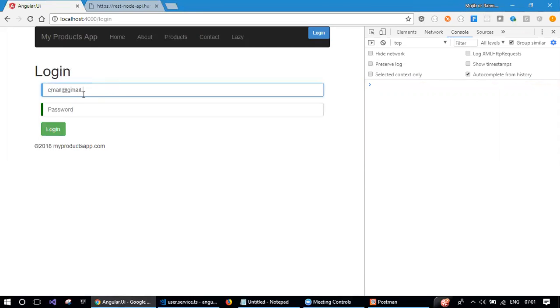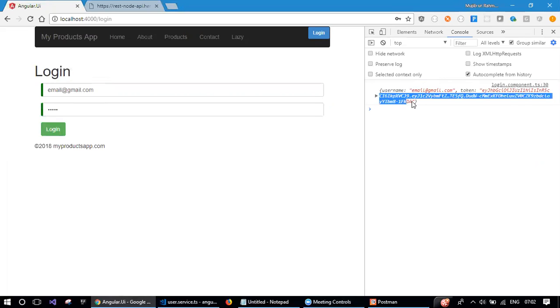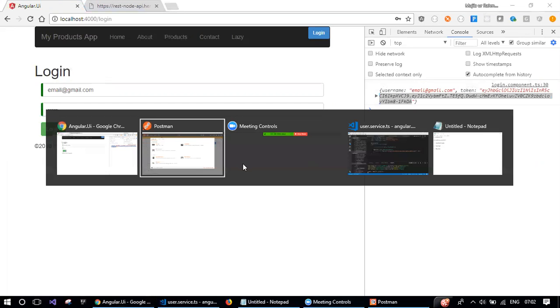Email at gmail.com and password was admin, I believe. And say login. See, we are getting the token. So the next challenge that we have is to save this token so that when I navigate to the products page, I can easily send across this token for each and every product route. So as I'm getting some response, let's go to the code